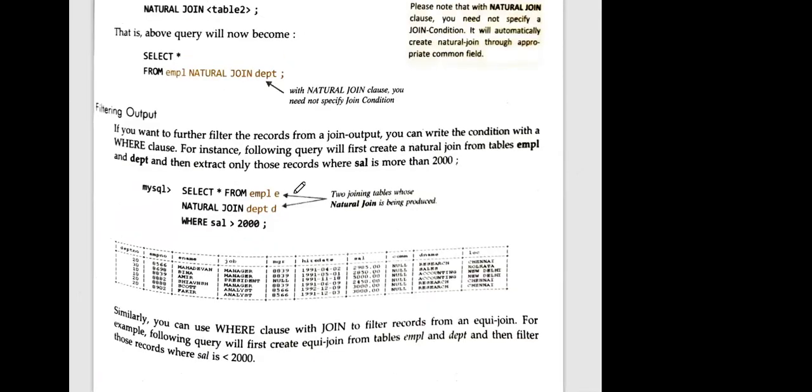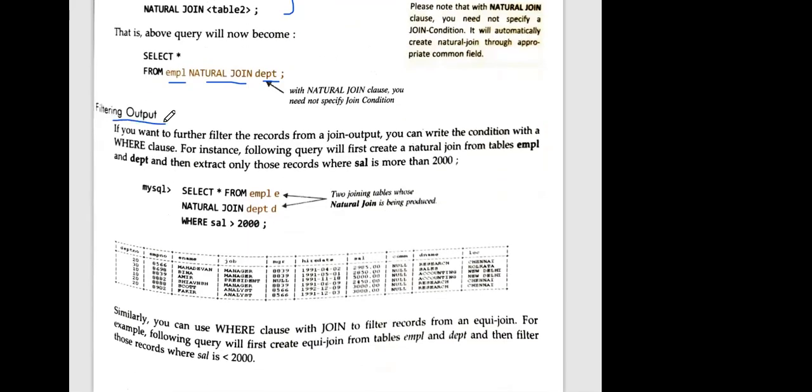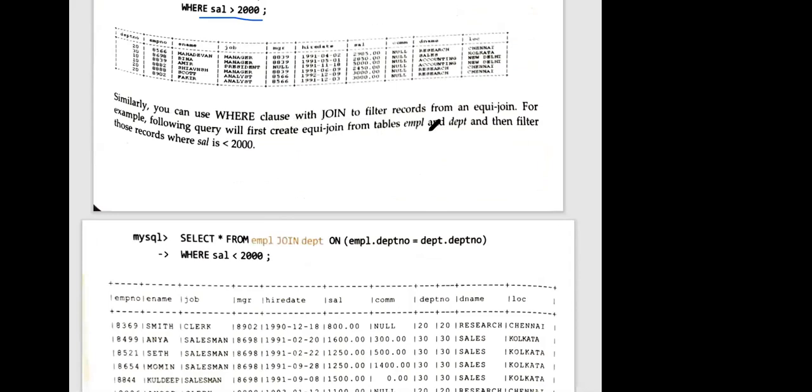Yes, you can see from here that it is given. That is select asterisk, then from first table name, then natural join, then second table name. This is the syntax for how you are going to use this. We have already done this, but we have to see it with respect to the book also. So select asterisk from first table name, then natural join, then another table name. Okay, and if you wanted to give any condition, for filtering purposes, you can write the condition after the natural join also. No problem. It will filter your records or your output. Okay, then next one.